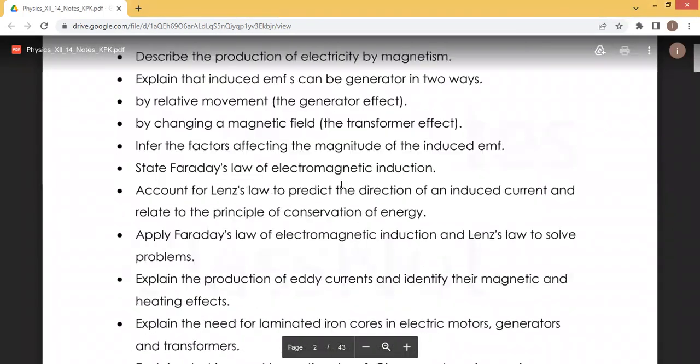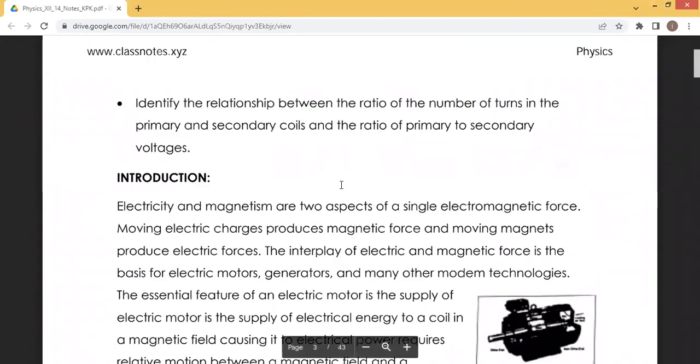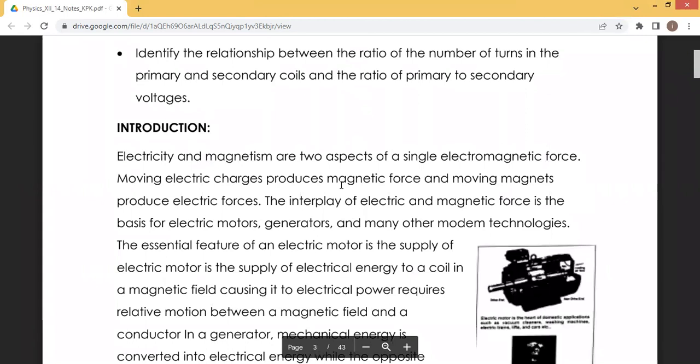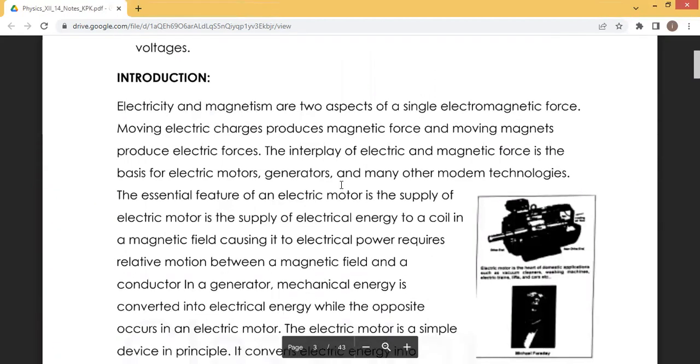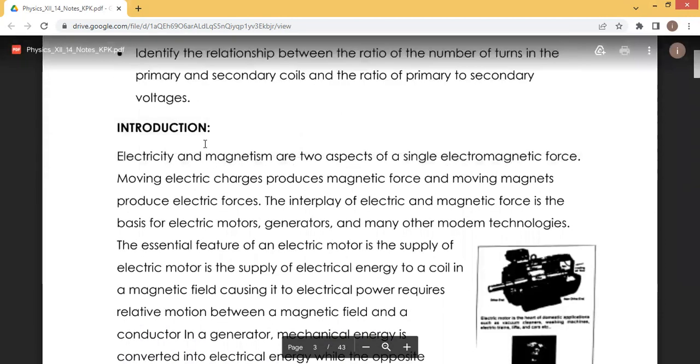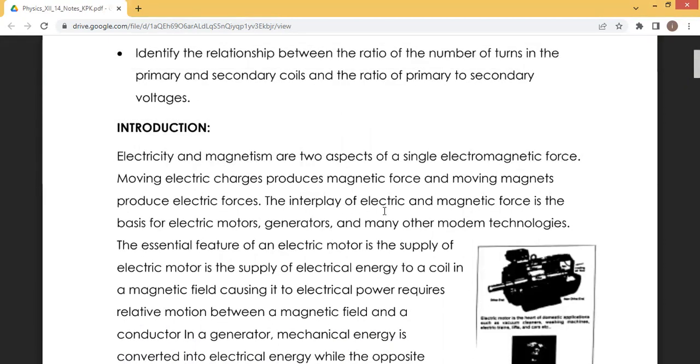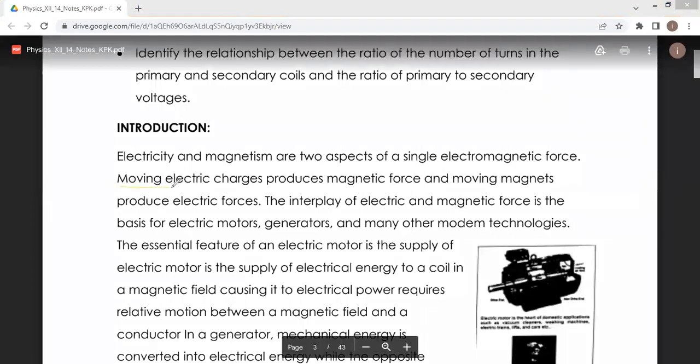Electromagnetism deals with two things. First is electricity and magnetism in a single framework, which is known as electromagnetic force. So moving electric charges produce a magnetic field, and a moving magnetic field produces an electric force. This is the main thing about electromagnetism: moving electric charges produce a magnetic force, and this magnetic force basically produces an electric force. So the interplay of electric and magnetic force is the basis for the electric motor, electric generator,